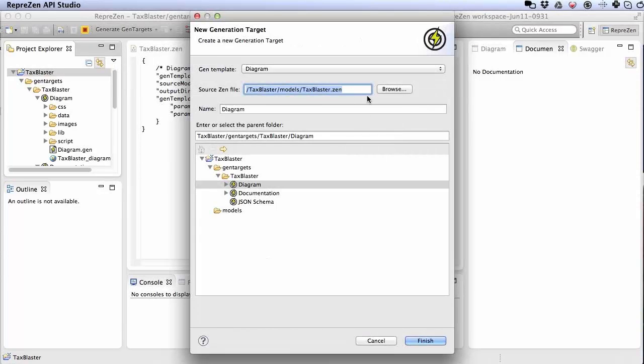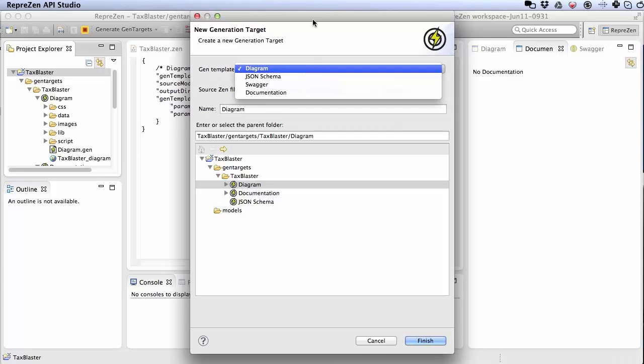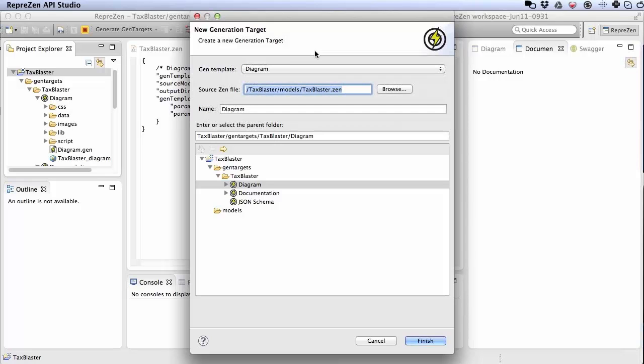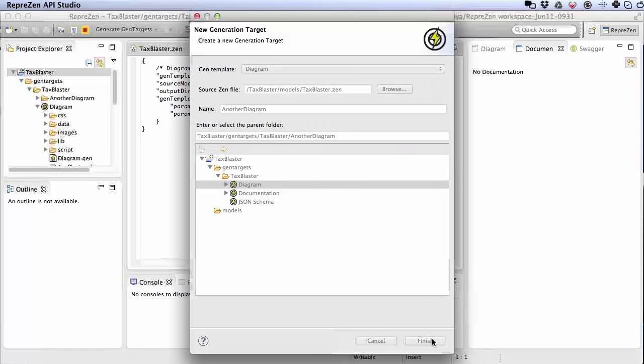Okay. So I just opened the new generation target wizard, and we can choose a gen template. We have 4 gen templates available here for diagram, JSON schemas, regular documentation. And Ted, you wanted to create a new gen target for diagram, right? Yeah. So the source model is pre-populated because it's the only Zen model in this project. Let's leave it like this. And so we probably want to give this one a different name, right? Yeah. And I will click finish,